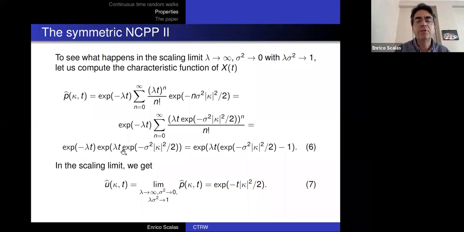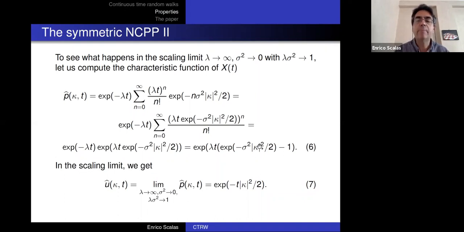Then you use the property of the exponential function to get equation 6, which is the characteristic function of our 1-point distribution. That's beautiful. And now look at this. What happens if sigma square is small? That this term is small. So you can put here the first 2 terms of the expansion of the exponential, which will be 1 minus sigma square k square divided by 2, kappa square, actually, an absolute value of kappa square divided by 2. 1 minus 1 goes away, and you're left with just the linear term sigma square,